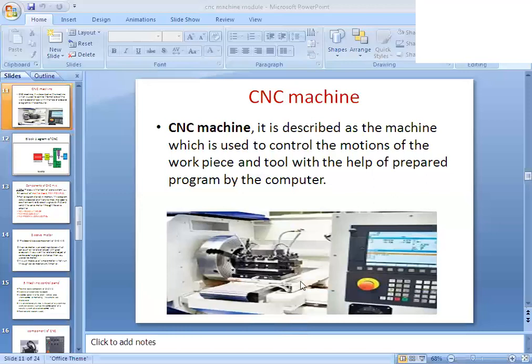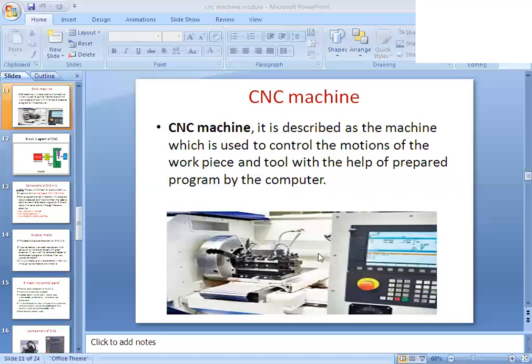So everything, the coolant supply and tool operations, size, symbol, everything we feed into the monitor. Okay, here you can see the control panel. This should not be missing in the CNC machine, NC machine, as well as the lathe machine. You can see a number of buttons, a keyboard, and a monitor also. With the help of this we are going to run the program.